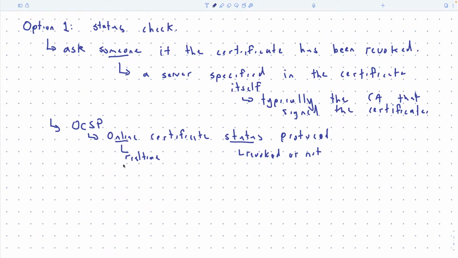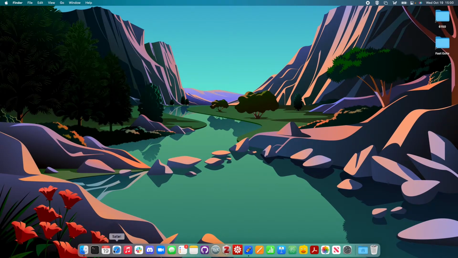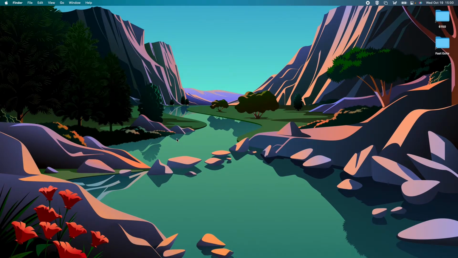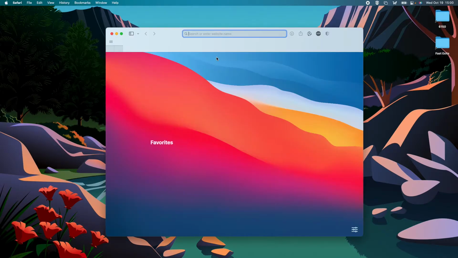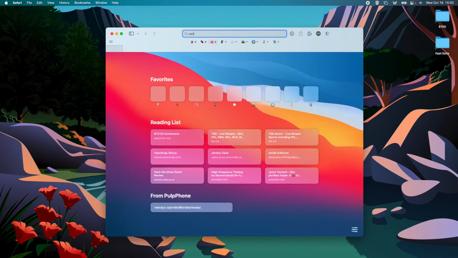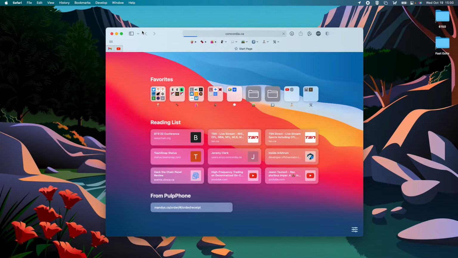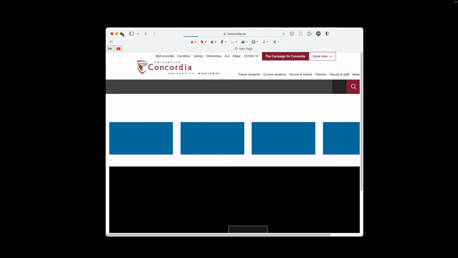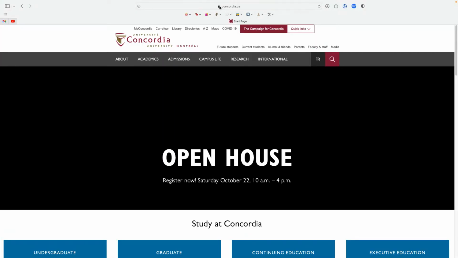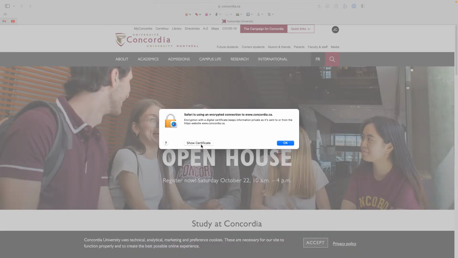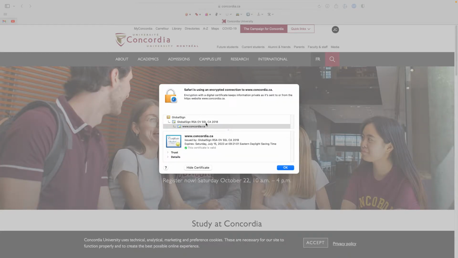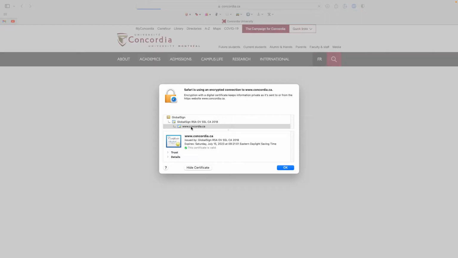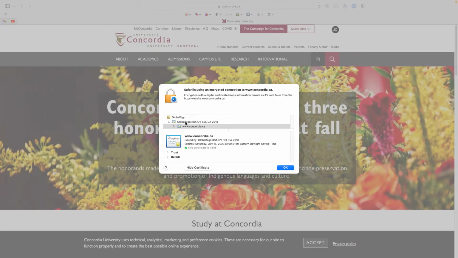Okay, so let's go to, whatever, Concordia. Concordia is served over HTTPS. We have a certificate, so we'll look at the site certificate. The site certificate is issued by a CA called GlobalSign.